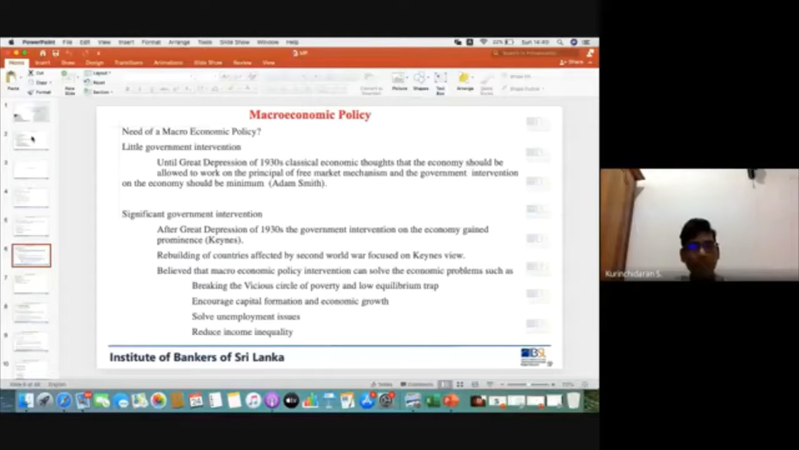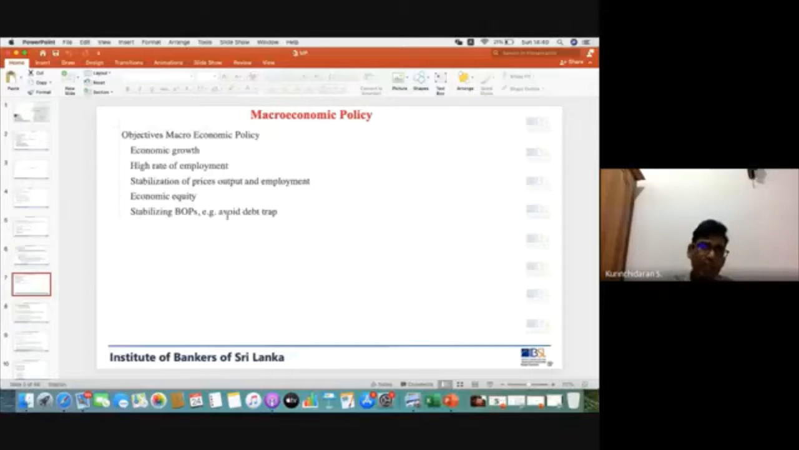Or you can solve unemployment issues through improving economic activities. Or you can have some policies to reduce income inequality. So maybe fiscal policy as well, right? So after 30 years after World War, everybody thought, yeah, it's better to have some kind of intervention, right? So now that is getting prominence, right? And then